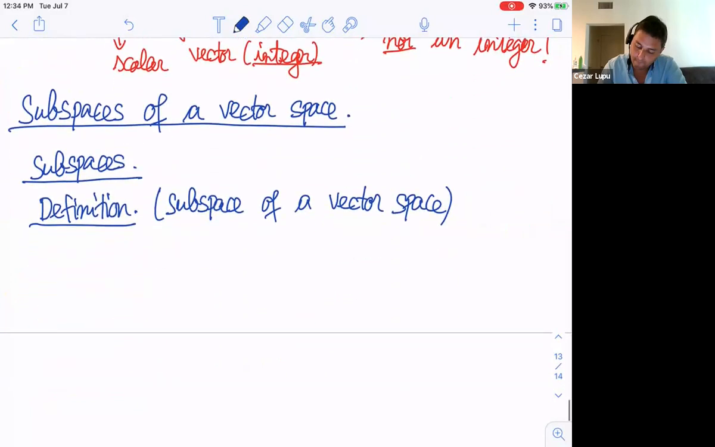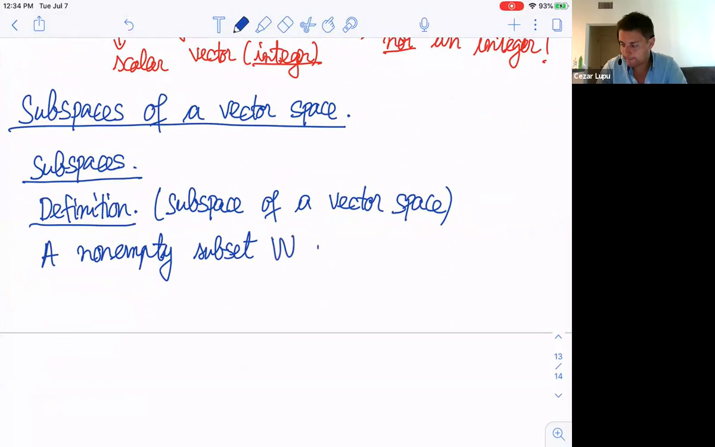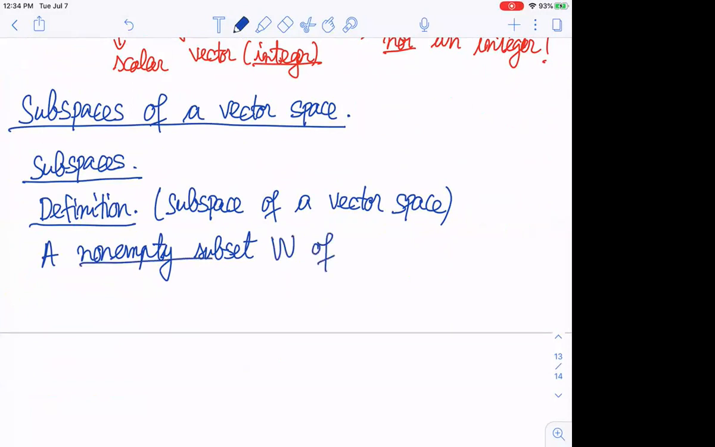So the definition is the following: a non-empty subset, let's call this subset W, like in the notes, of a vector space, and this